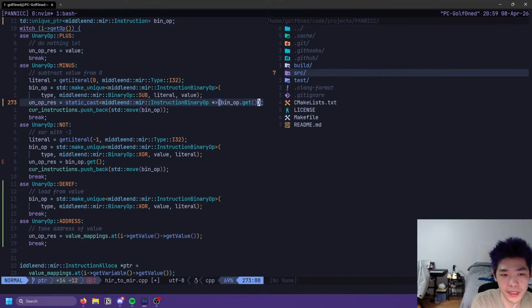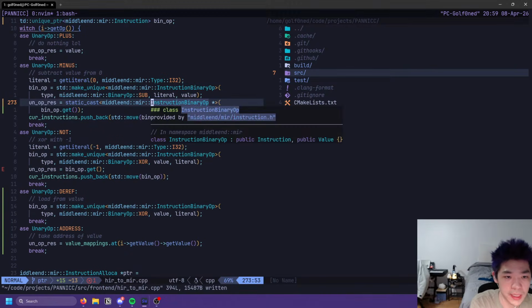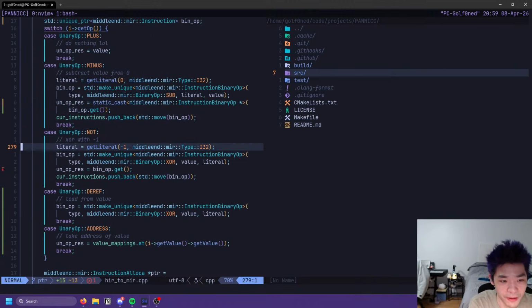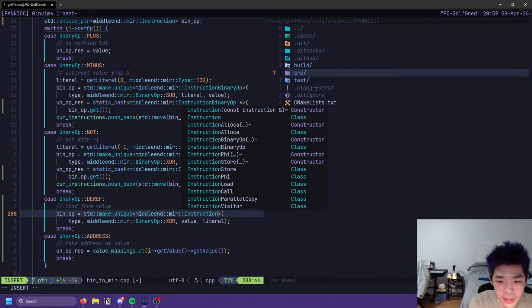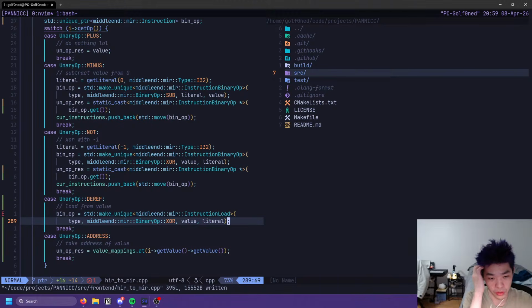So this way we can get the pointer to the base class while keeping the instruction, so we don't make as much of a mess. Although this is evidently not how it's going. Yeah, so here is instruction. We want load, I believe, because we're just loading from the value.